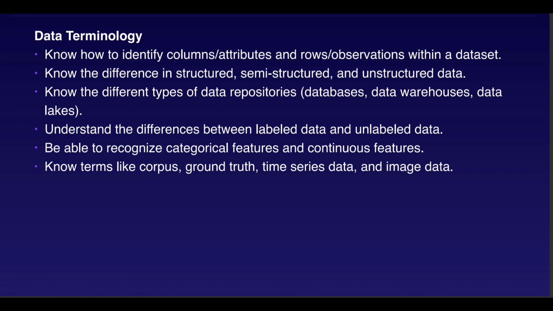We need to understand the difference between labeled data and unlabeled data, and we need to be able to recognize categorical features and continuous features within our datasets. Remember that categorical features are qualitative and continuous features are quantitative, and we need to know terms like corpus and ground truth. And remember the difference between the general machine learning ground truth data set and the service that's built into Amazon SageMaker. We also need to know what time series data looks like and what it's used for,